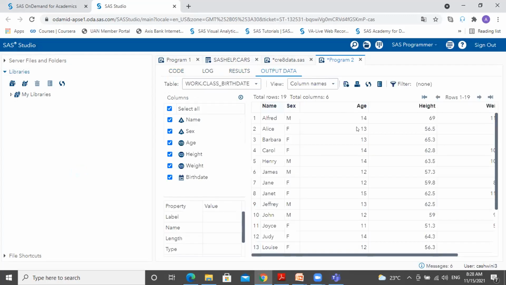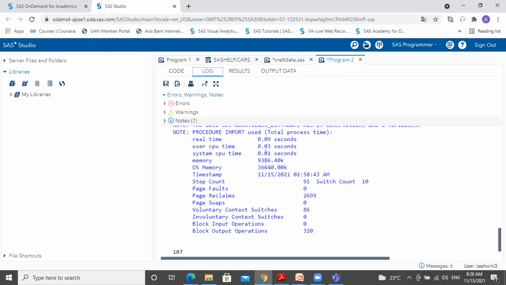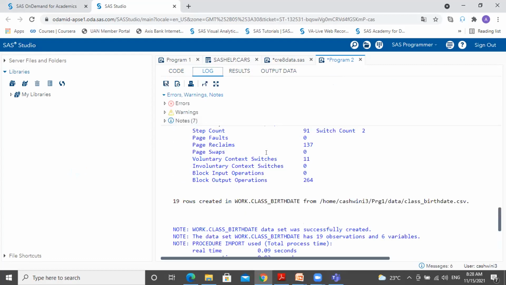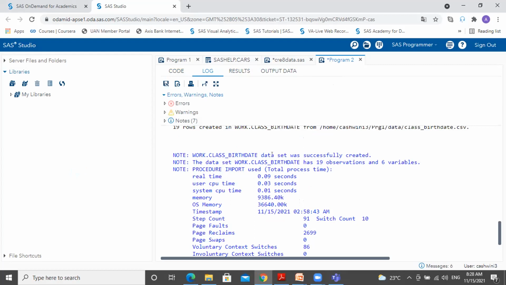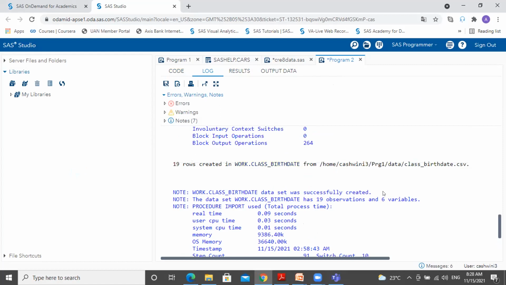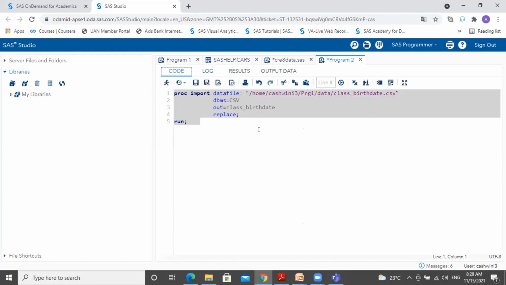So now I get the data file. I do not get any note about cancellation of import. It's telling now import is successful and a data set is created. In case your data is getting updated, you can always make use of this replace, because the earlier data is the data from some hours before, and you want the updated information also. So every time you use proc import, you need to use replace. I hope you understood how replace works.